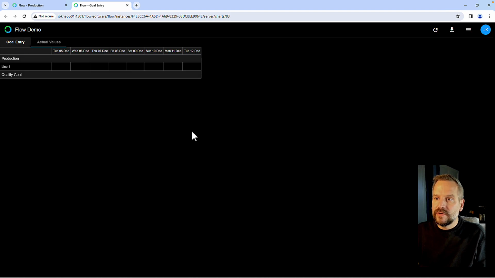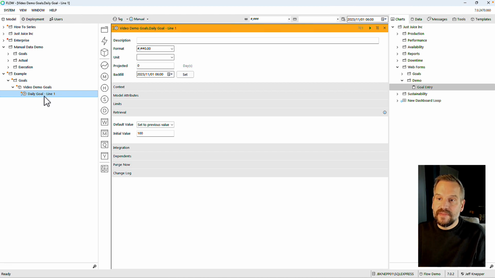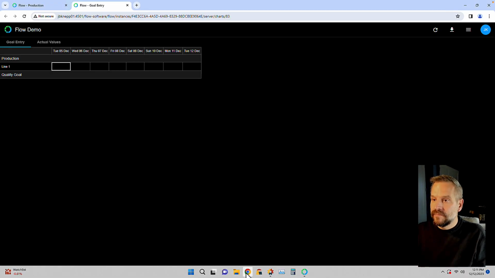All right, so with my goal entry, I will be able to come in and enter the goals for each day. Now, right now, that line is not letting me do that, and that's because I have not deployed it yet. Notice that I've got a bright orange bar across the top. That is an indicator that I have not deployed this measure. Also, the orange disk that follows up the tree tells me that I have something that's not been deployed yet. With this deployed, I'll be able to come in